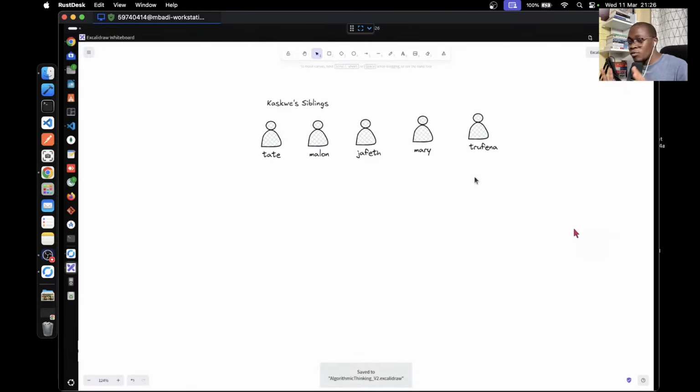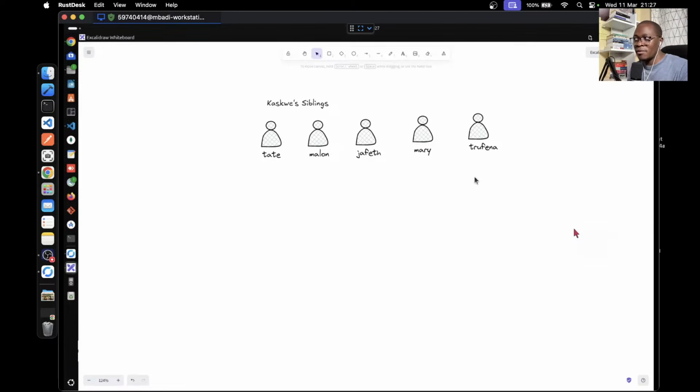Now I want us to understand linear search and bubble sort, and I want us to use these relatable examples. Kaskwe has 5 siblings, and these 5 siblings have different ages. We have the oldest, we have the youngest. Now we want to give these siblings some food, but we can't just give them food randomly.